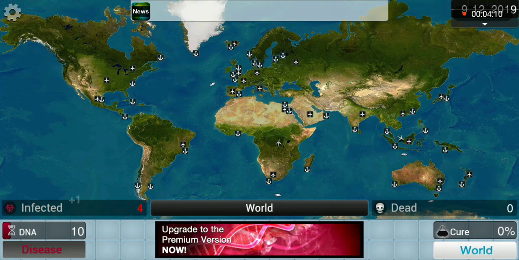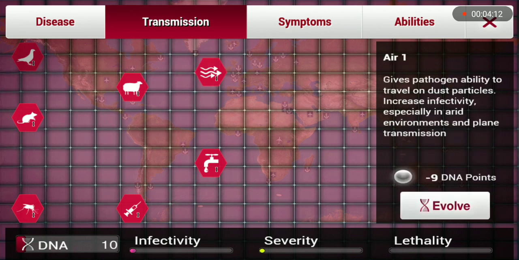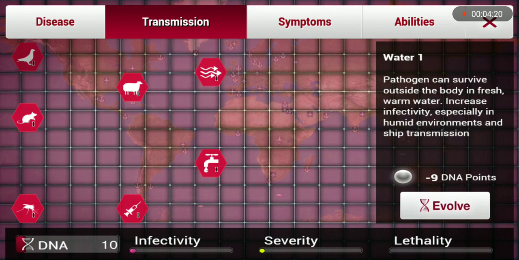So now I have 10 DNA. I can now equip air 1 or water 1. I believe water 1 has a water 2 that is a little bit more infectivity. The infectivity down below basically means how fast it infects. There's severity. I don't know really what that does yet. And there's